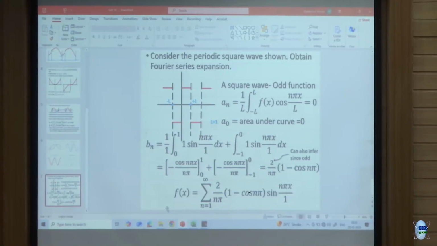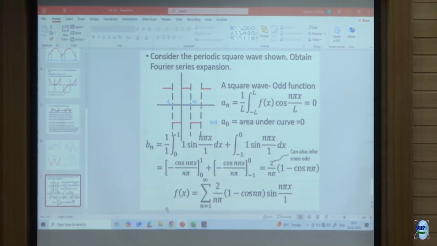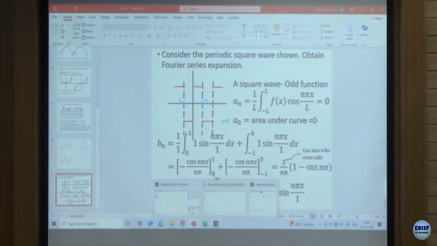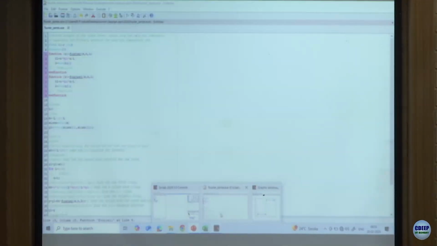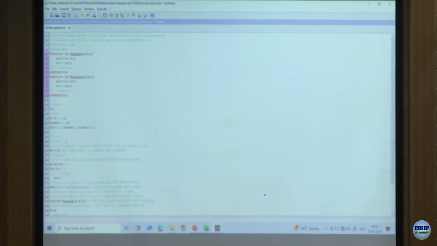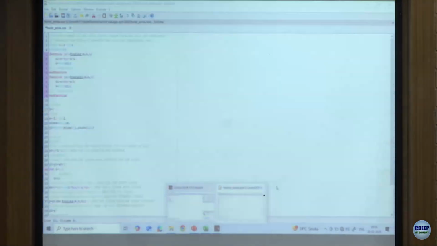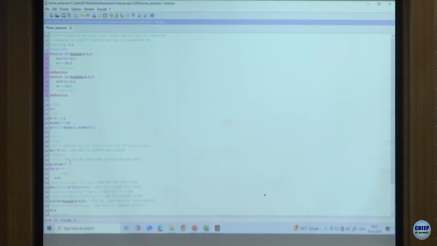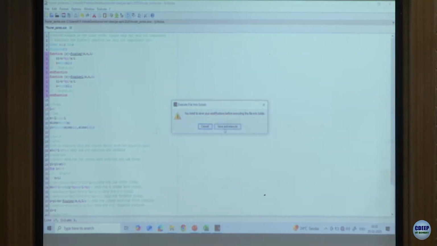Exactly this, whatever we have on this slide, I have taken and I have made it into a summation. And now I start taking a number of terms. Let me just play with the number of terms. So here I have taken the first 5 terms now, and if I go ahead and execute it,